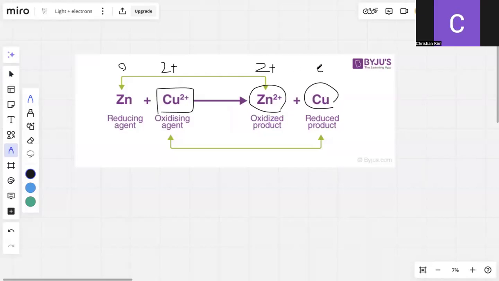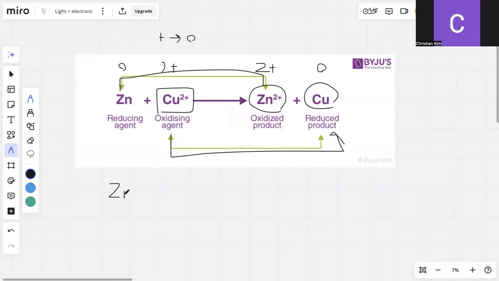And copper is 0. So then we see over here how the zinc loses electrons, so therefore we can say that this is oxidized. The zinc becomes oxidized, while the copper gains electrons because it turns from positive into 0, which means the only way you can do that is if you gain negative electrons. So therefore, the copper was reduced. And when it comes to balancing this,